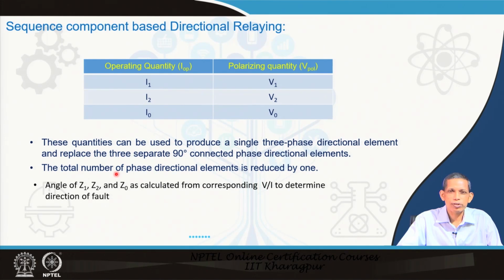Because of the transformation from phase quantities to sequence quantities, for example negative sequence, we get one pair only instead of VA, VB, VC and IA, IB, IC. That reduces the computational burden of directionality. Note that if you do V divided by I, V2 by I2 or V1 by I1, that gives an impedance form. We can use the impedance form, and the angle of the impedance is indicative of direction, which we will see in more detail in the next class.